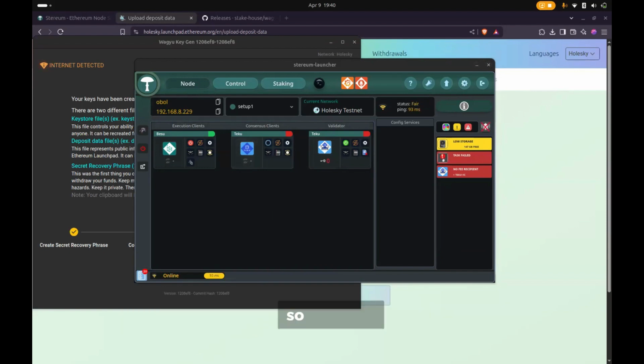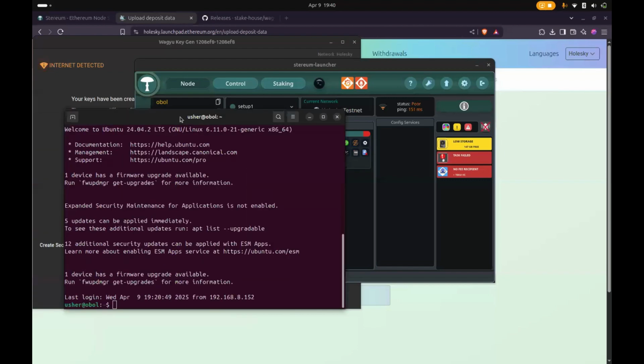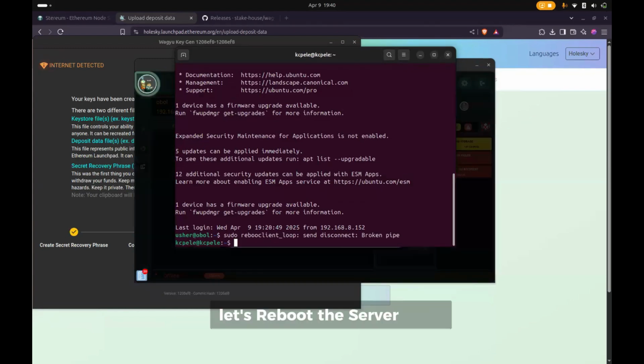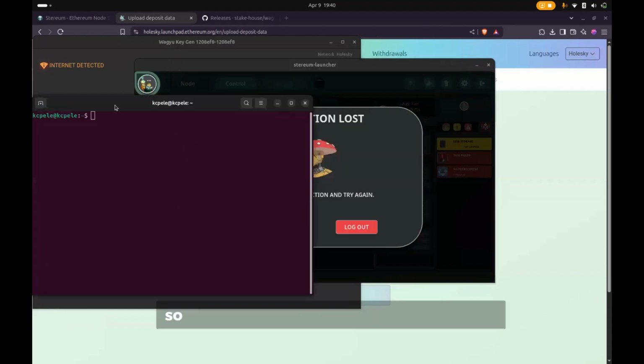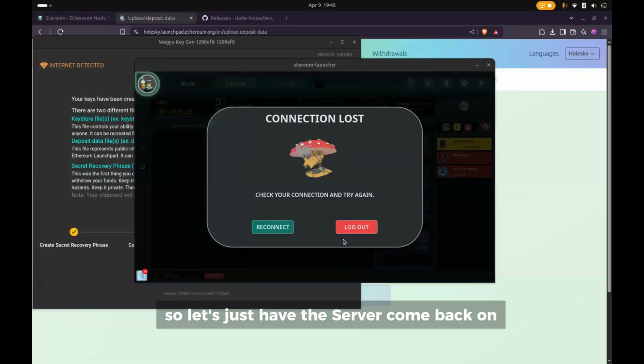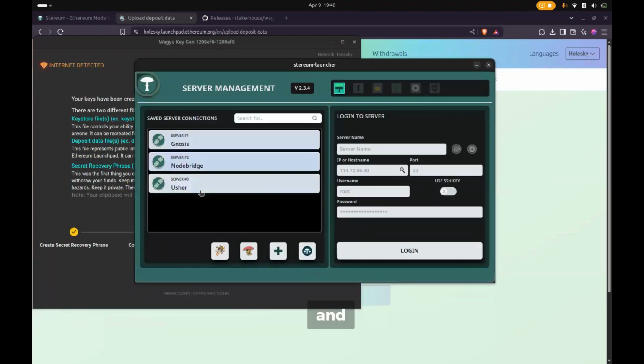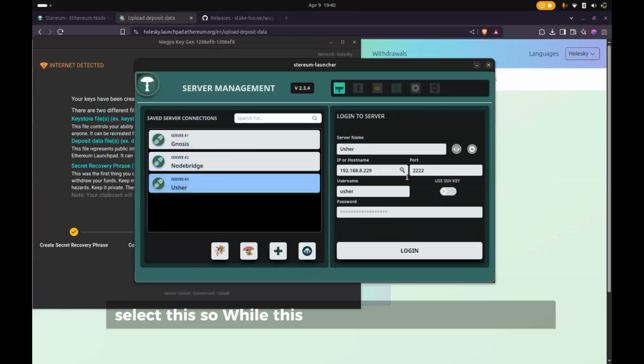So let's just reboot, sudo reboot. Let's reboot the server. Good. Let's have the server come back on. Let's log out and select this. While this is restarting,